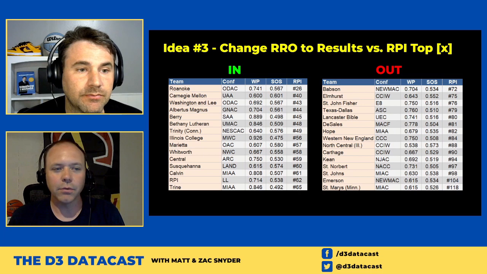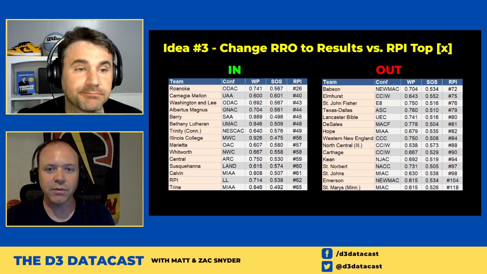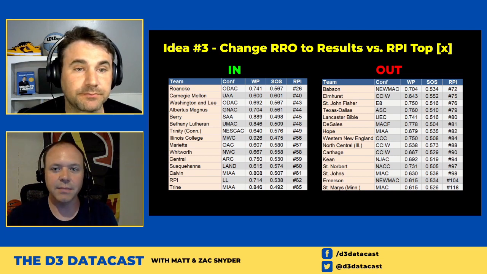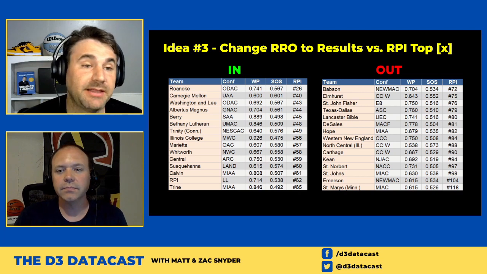So yeah, and great to point out, as you mentioned, if we take this as a top 100, for the most part, this isn't replacing one block of teams with another block. It's mostly just here's a great set of teams that were basically of the same quality as a number of other teams who did get regionally ranked because maybe their region wasn't as deep, and now we can consider all of those games. Yeah, I like that idea.